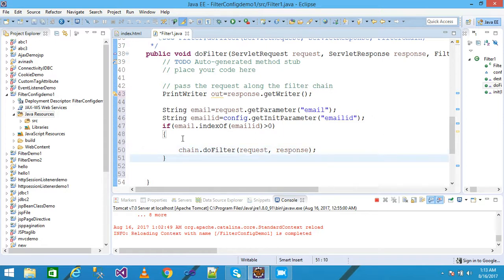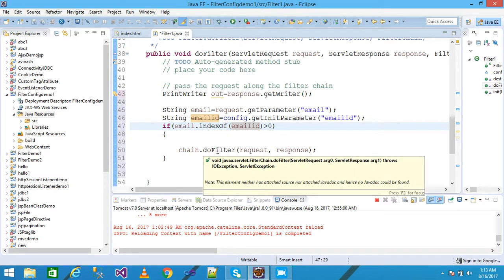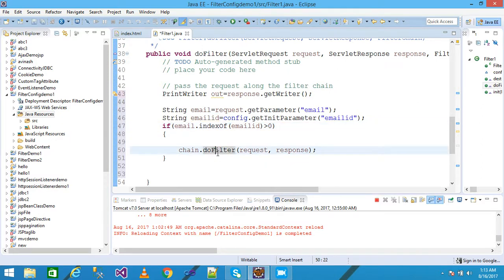Look here, the variable email is a string type, and string has a method indexOf, taking an argument, and here I am passing the argument as an email id. If it checks the value and returns an index greater than 0, in that case the condition is true, and doFilter method sends the control to servlet 1, because I want to define all the information in the configuration files, and then